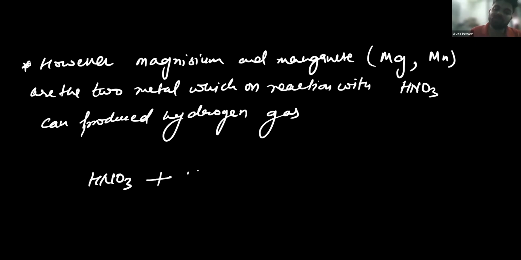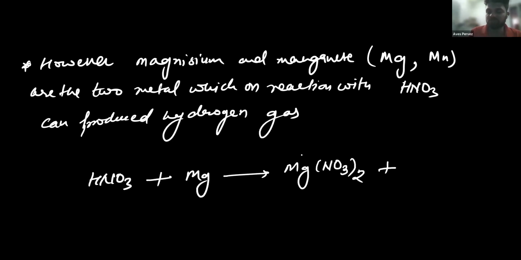HNO3, when it reacts with magnesium, will give you magnesium nitrate, Mg(NO3) whole twice, plus